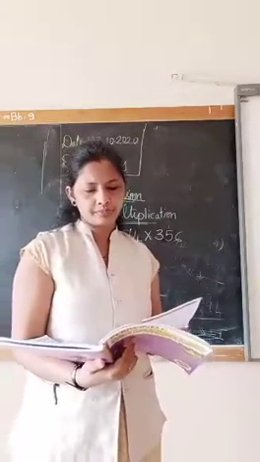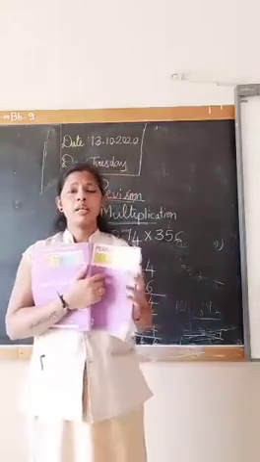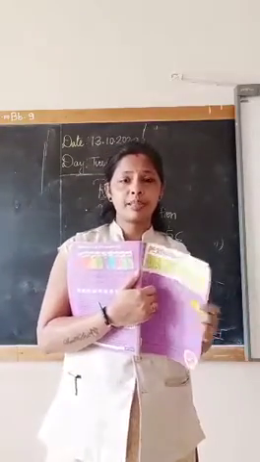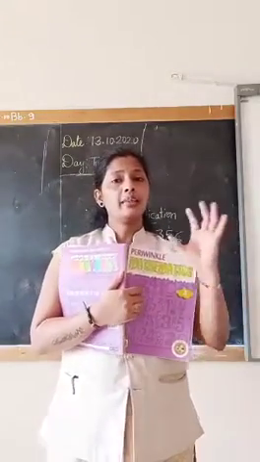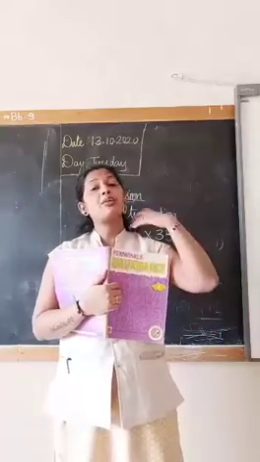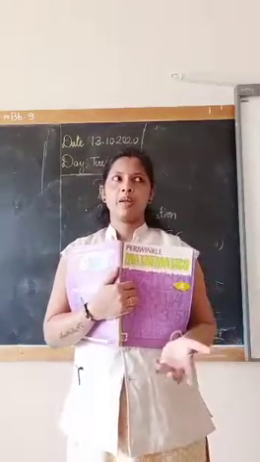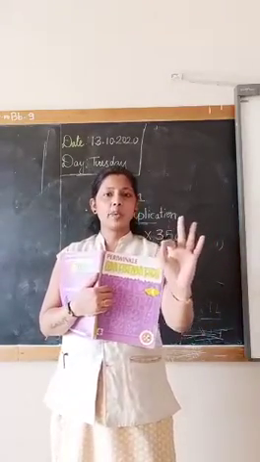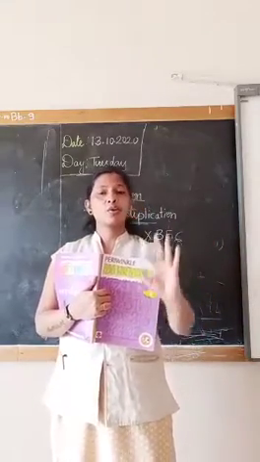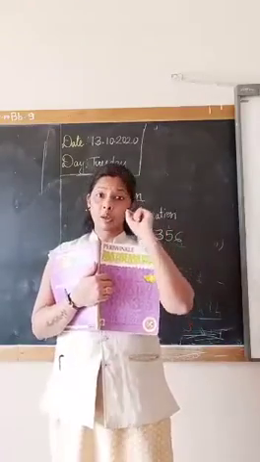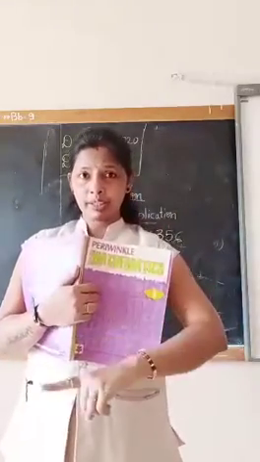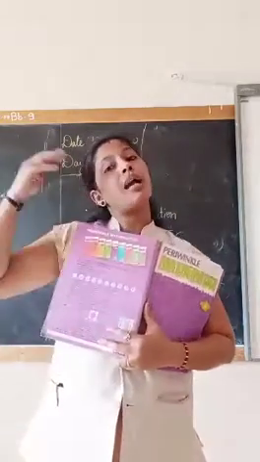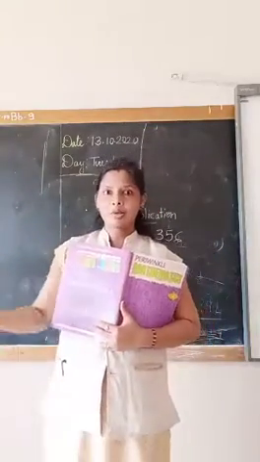You have word problems. Now how to identify the word problems of multiplication? Normally one thing will be given and you will be asked to find out more. For example, the cost of 1 pen is 25 rupees. Find the cost of 10 pens. 1 pen's cost is given. One will be given. You will be asked to find the more. The cost of 10 pens you are asked to find.